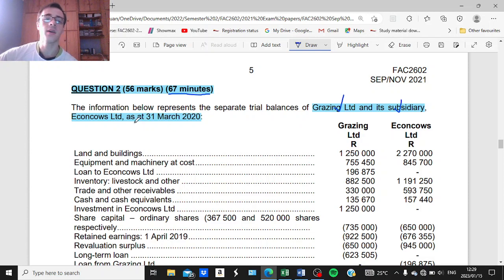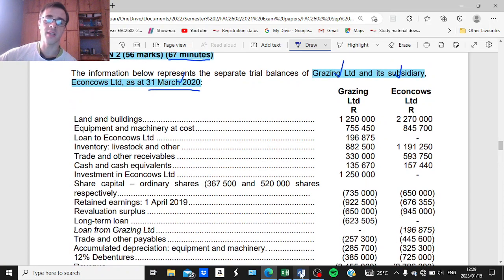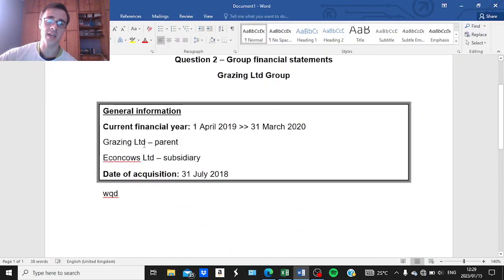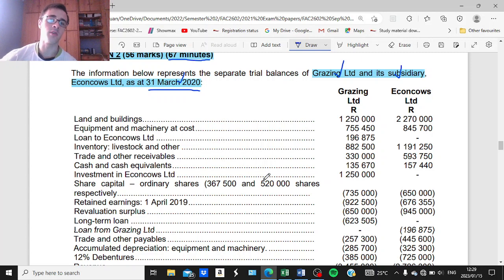Then our current financial year has ended on the 31st of March 2020, which means that it started on the 1st of April 2019. Please indicate your current financial year, because then you will be able to determine if the group was formed in a previous period or if the group was formed in the current year. If the group was formed in the current financial year, you will need to calculate a pre- and post-acquisition profit for the subsidiary.